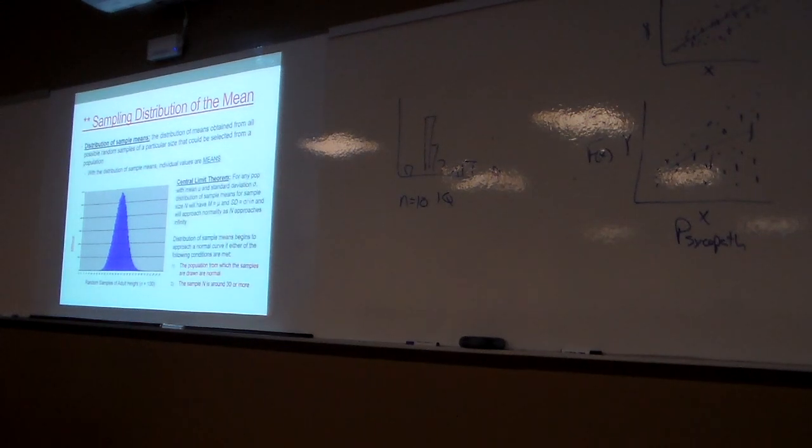We know that through the central limit theorem, for any population with mean mu and standard deviation sigma, the distribution of sample means of size n will have a mean equal to mu, a standard deviation equal to the population standard deviation over the square root of n, and will approach normality as n approaches infinity. So the mean of our sampling distribution, or the expected mean, is going to be equal to the population mean. This is nice because we can't physically test the population mean in almost all cases, because we don't have access to all the people in the universe, right?